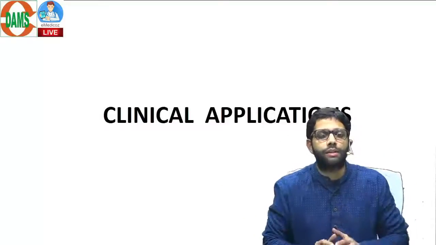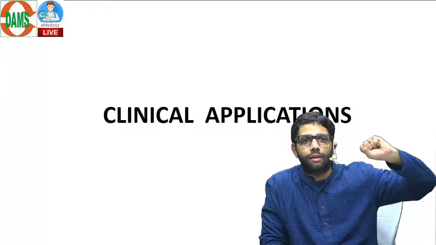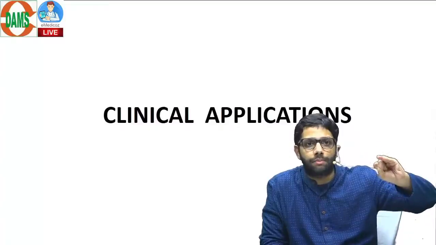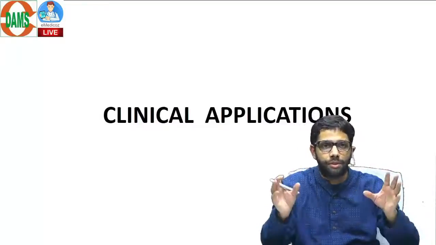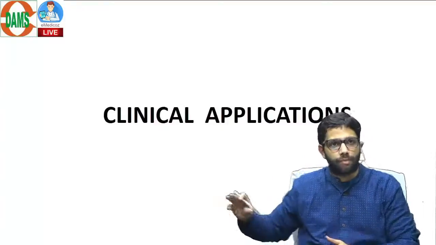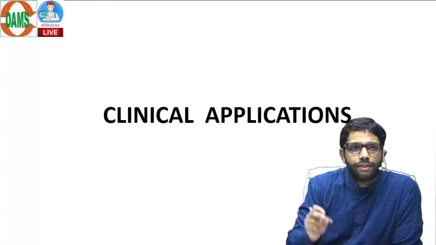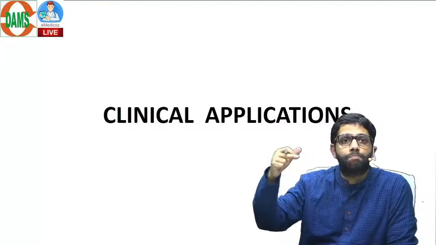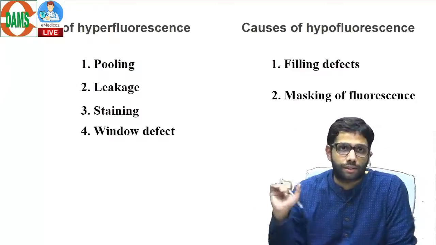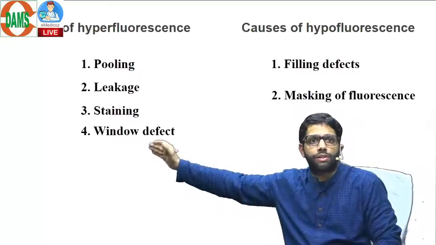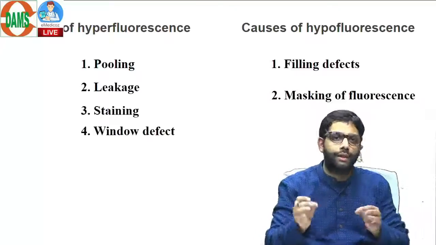Till now you have seen the basics of angiography. To understand that, you should know about the retina layers, retina blood supply, blood retinal barrier. Then we should know the procedure, types, stages. Now let us clinically apply. So 2 things I have told you in angiography. One is, if the dye is seen more, it is hyperfluorescence. If the dye is seen less, hypofluorescence. 4 causes of hyperfluorescence in toto, 2 causes of hypofluorescence. We will see one by one with clinical examples.